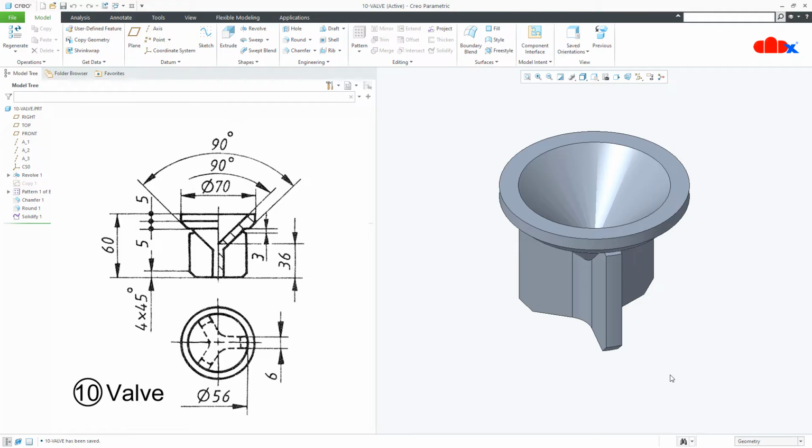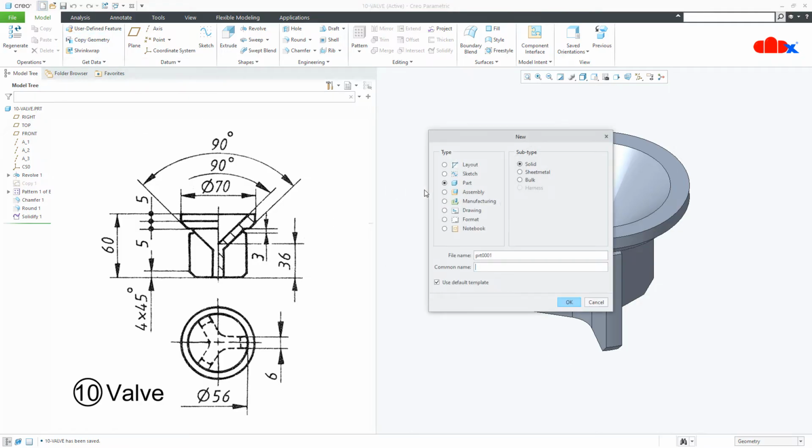Now the next part, which is lever, so go to new, part, solid, assign the name 11-lever and say OK.